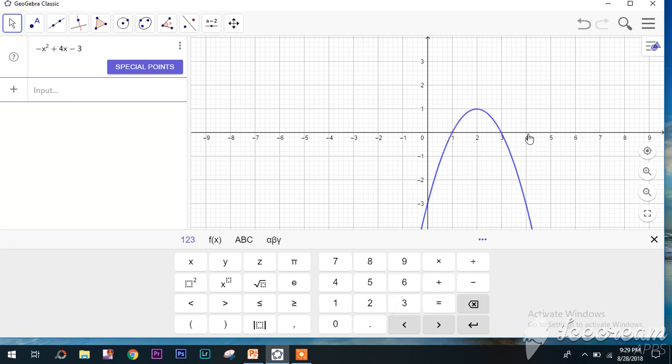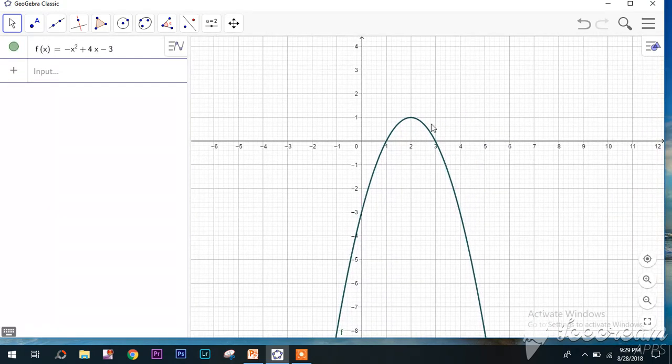Now you can see here, look here, this is the origin, and here the value of y is 1, this is the line y = 1. Therefore all y are below this 1. Therefore the range of this function will be